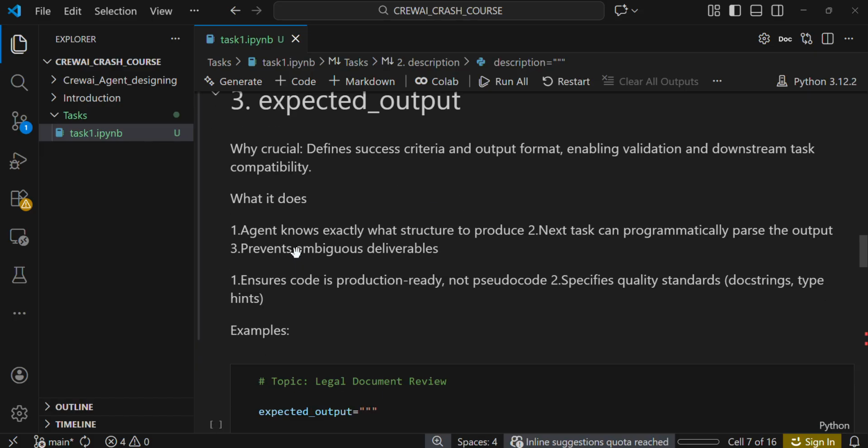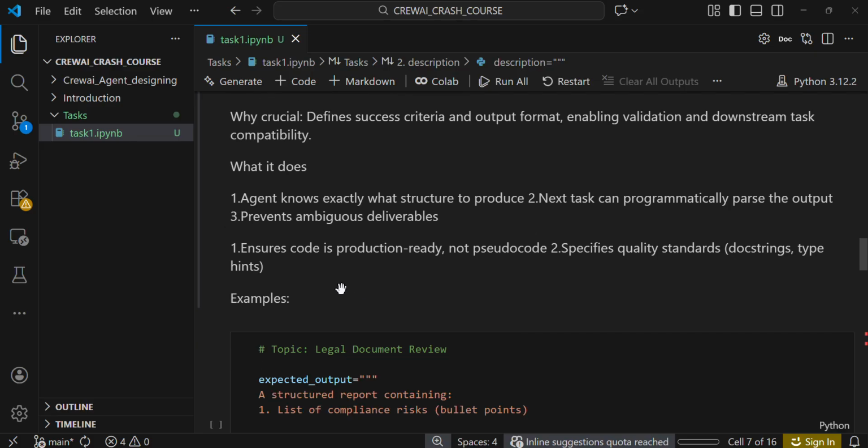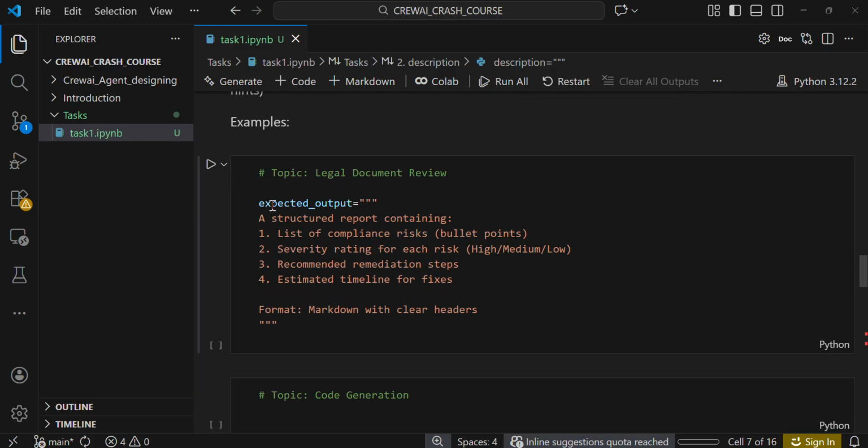What it does: the agent knows exactly what structure to produce, the next task can programmatically process the output, and it prevents ambiguous deliverables. We cannot get any ambiguous or vague output from agents; we get a structured response. It ensures code is production ready, not pseudocode, with specific quality standards, docstrings, type hints. So in this manner we are going to design our